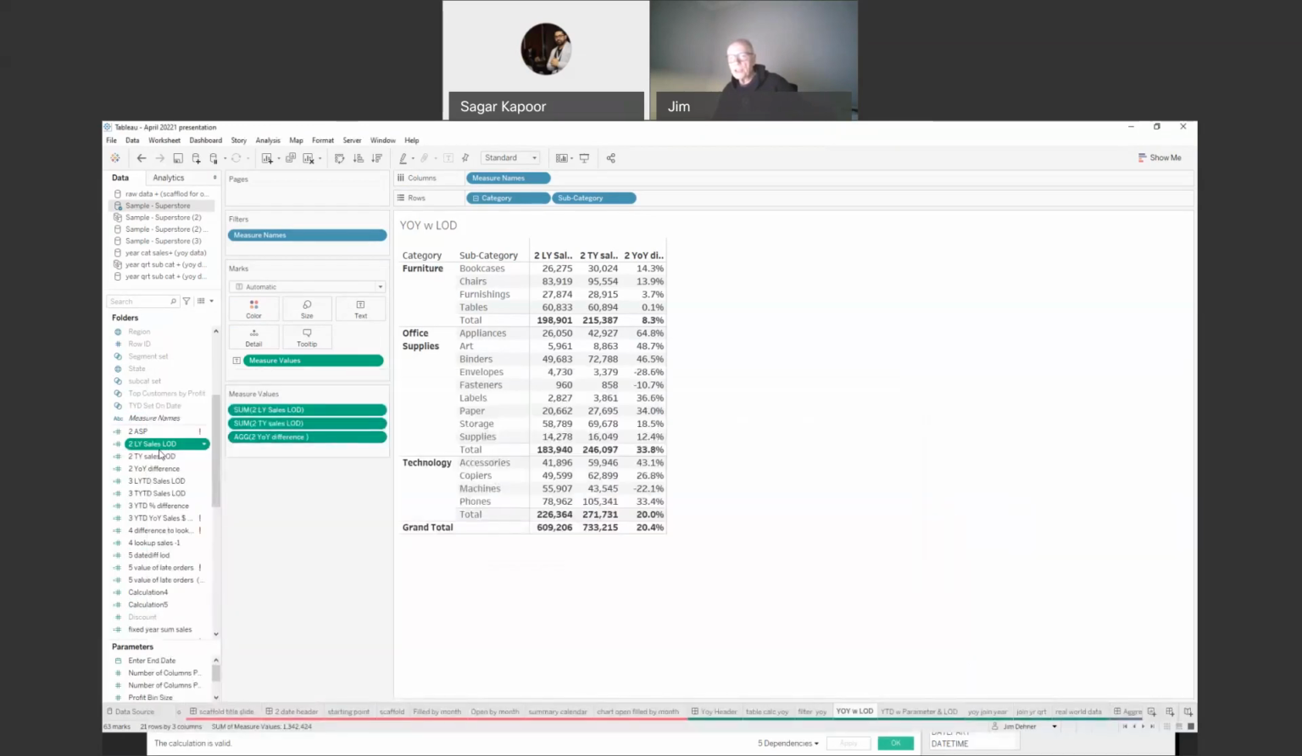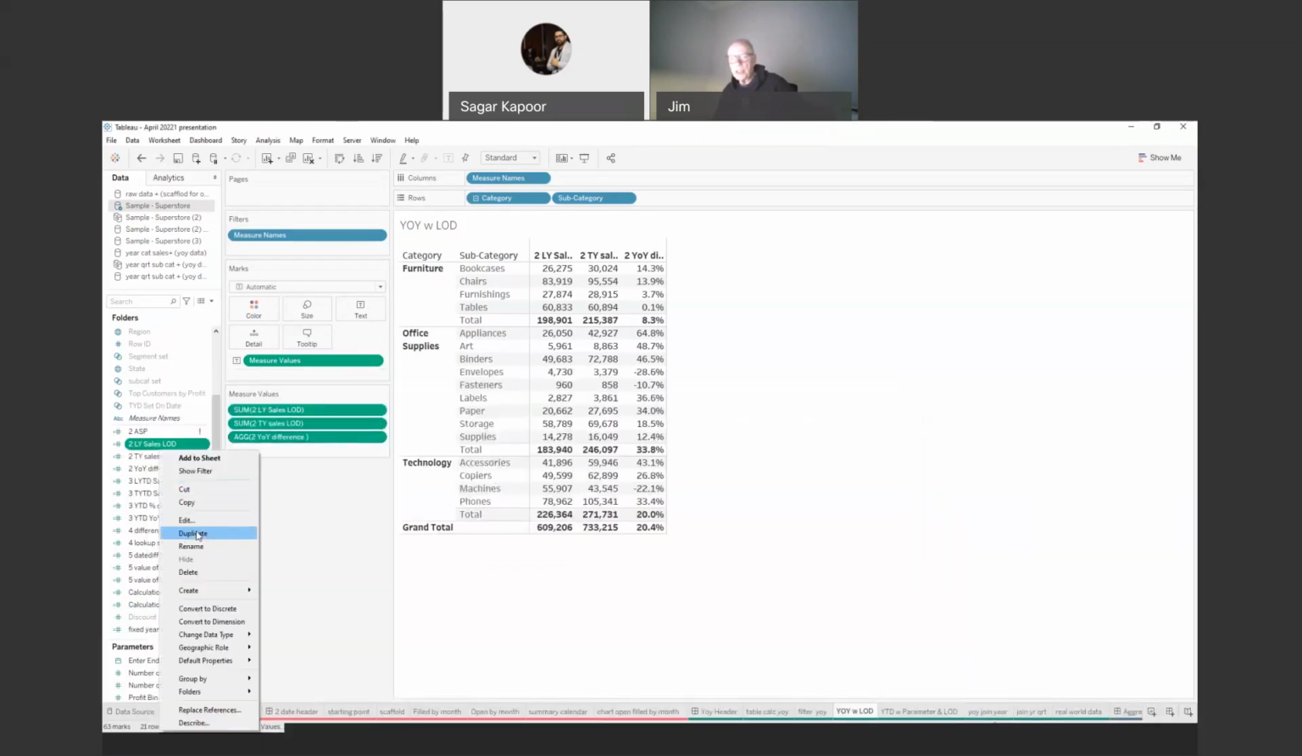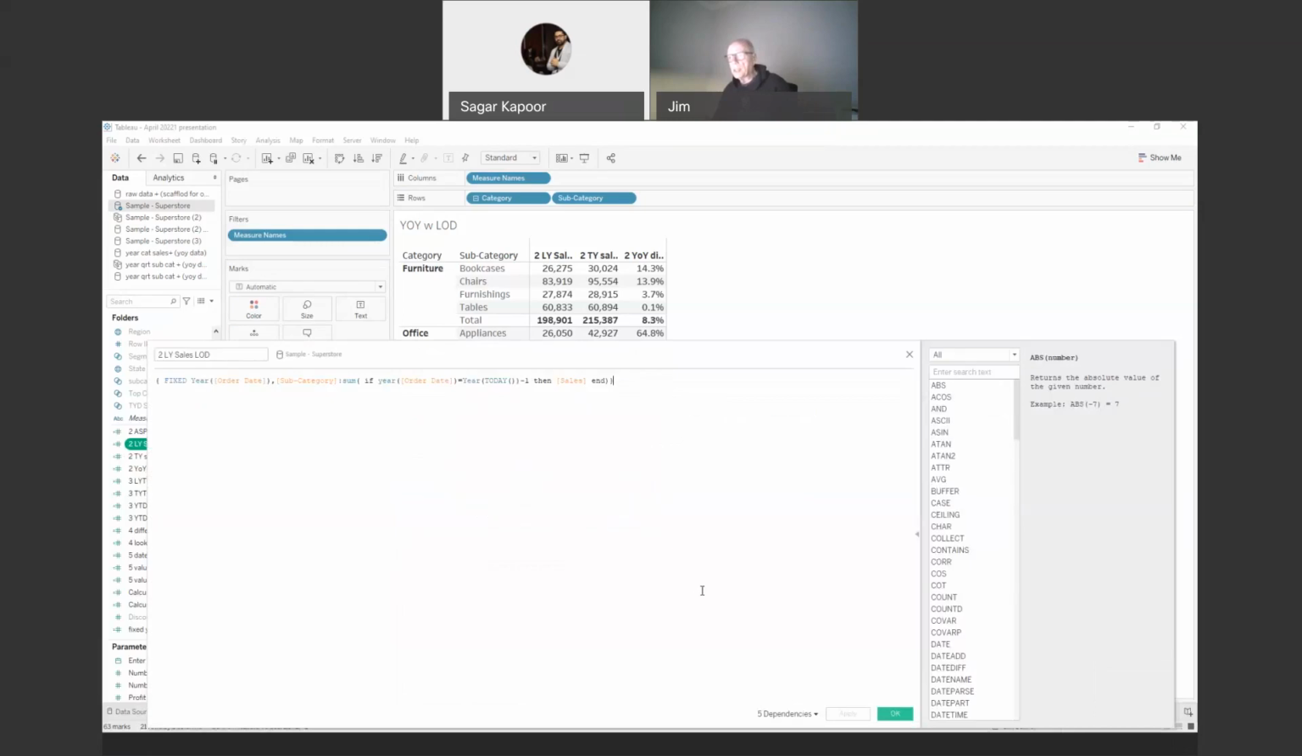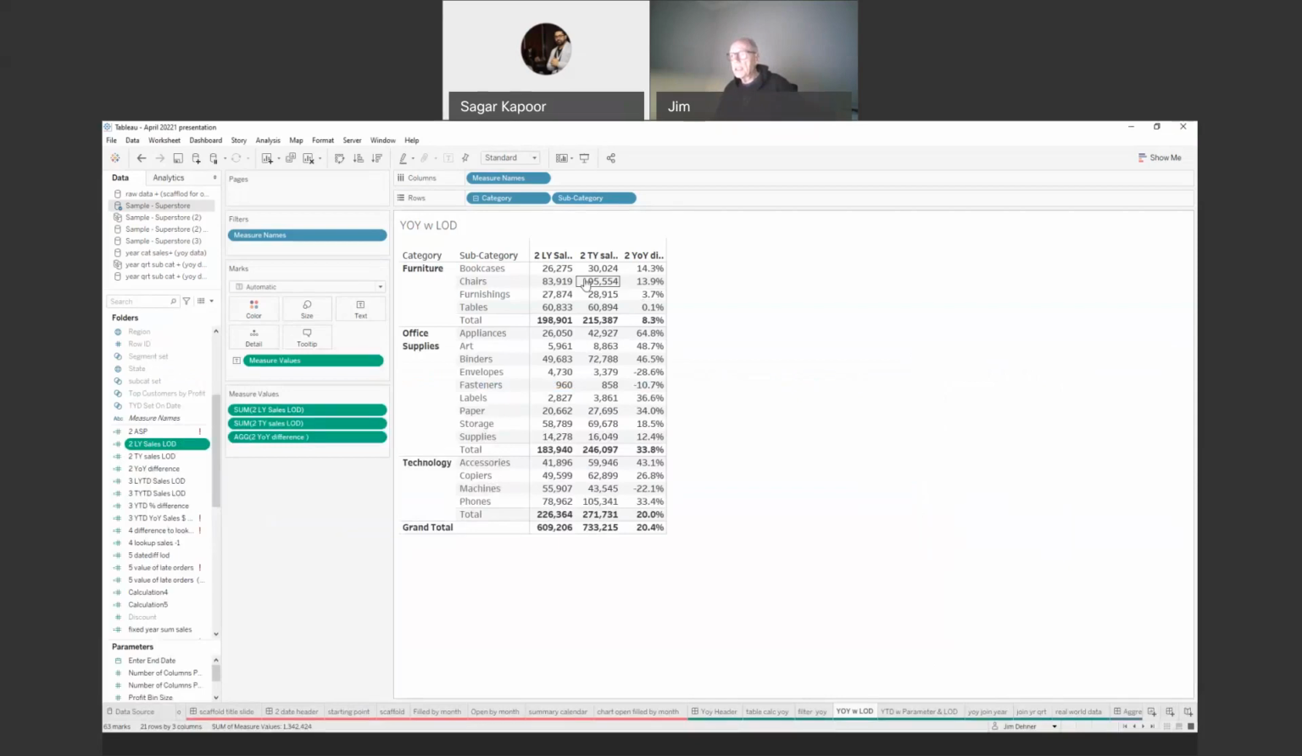And then we look at last year's data, and when we go to edit that, we're doing essentially the same thing. We're taking a look at the year of the order date, and year of order date returns an integer. And if it equals the year of today minus 1, or in other words, last year, then sales. So I've got this year's sales and I've got last year's sales,